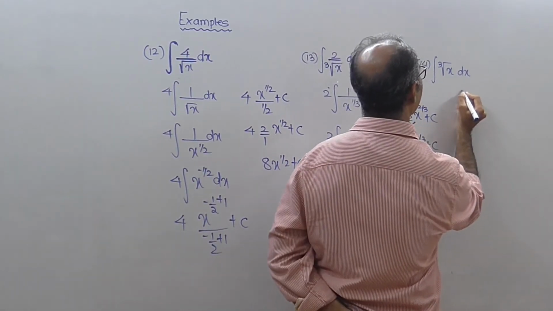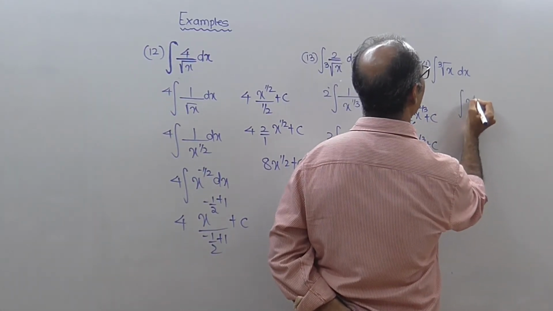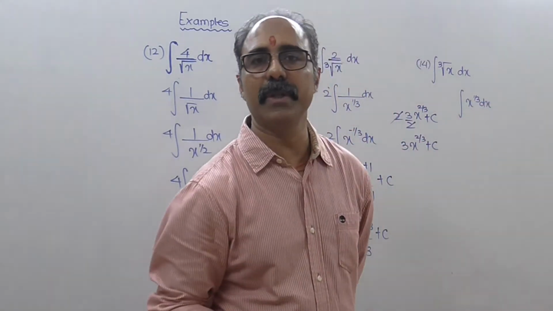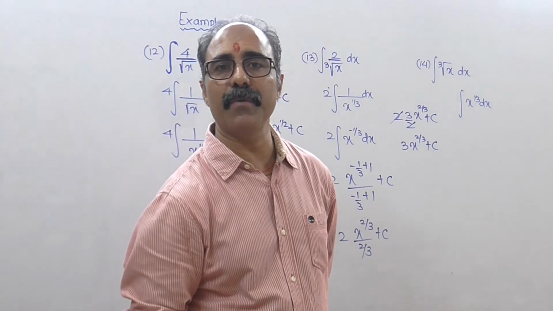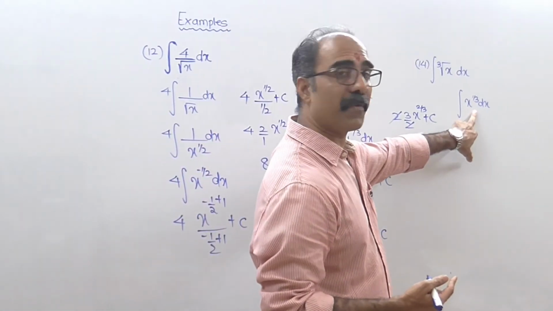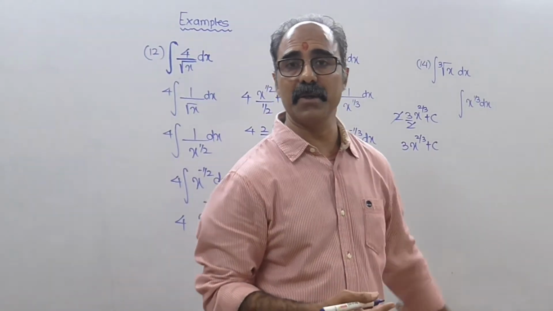Then this sum, we have to write it as, there is no integration for cube root and all. There is no integration for cube root, there is no integration of square root. So what you have to do is, you have to make it in the form of x raised to n. So this is in the form of x raised to n. Please complete it as homework.